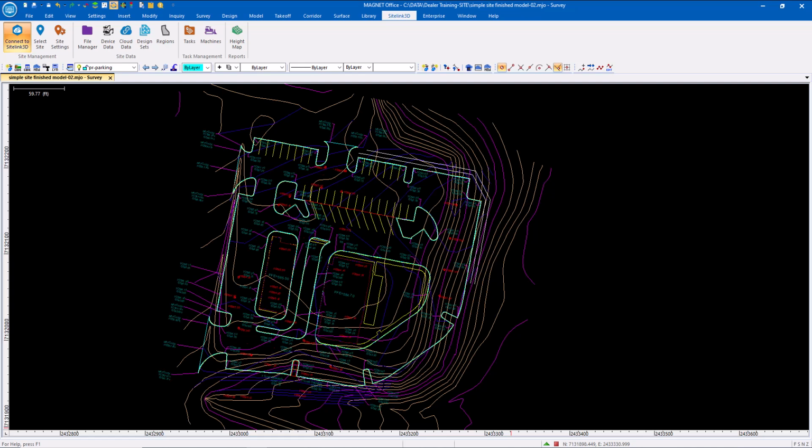When we talk about Magnet and we talk about Topcon software, one of the central hubs to all this is the seamless workflow. The fact that all of the different components and all of the different systems are integrated into a seamless, consistent workflow. So let's take, for example, we have gone into Magnet Office and we've taken a CAD file and we